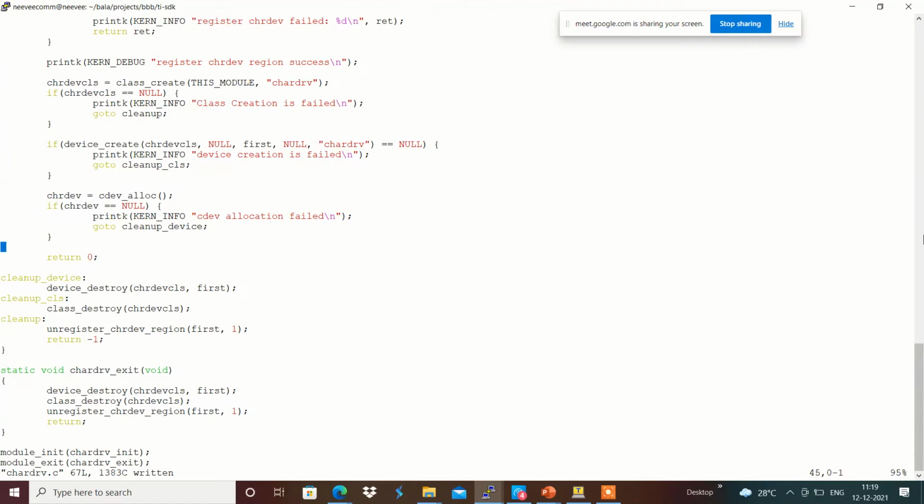And now we got the cdev allocated, and we are going to initialize this cdev with the file operations structure.